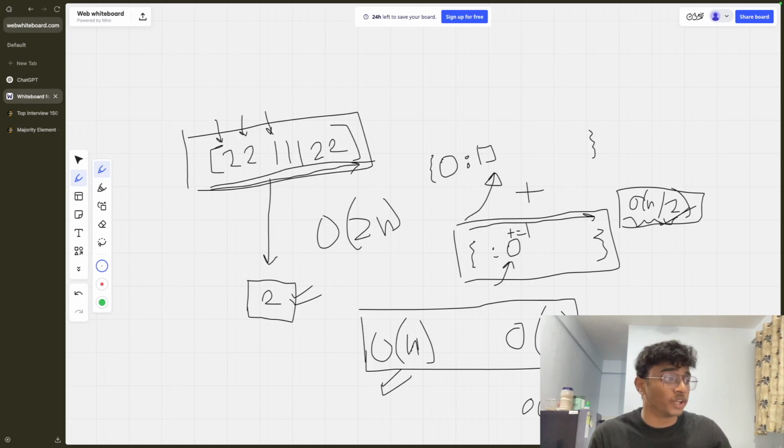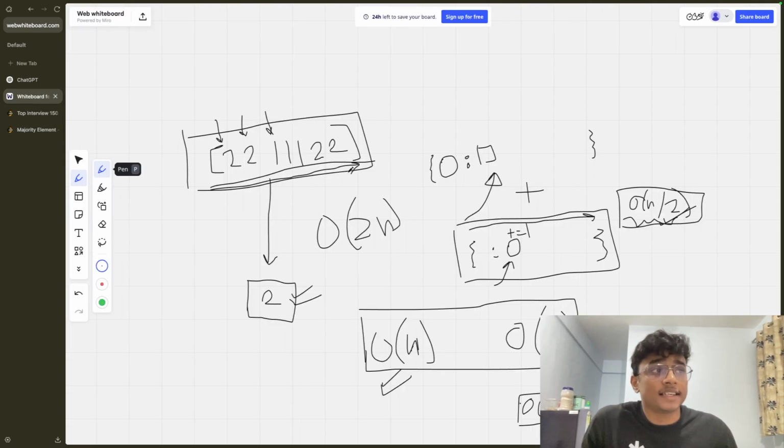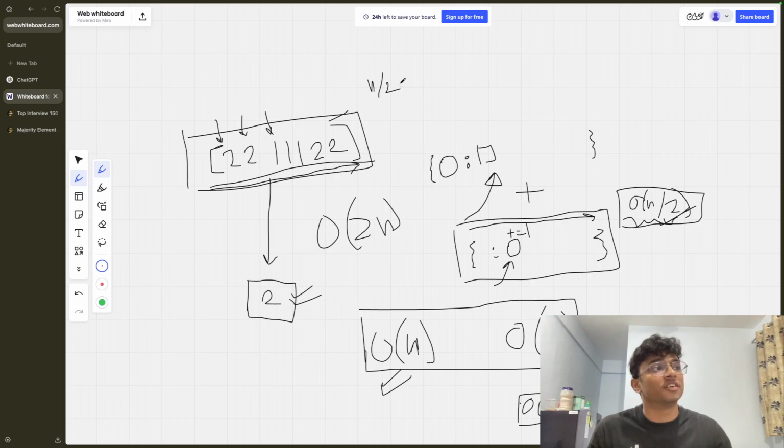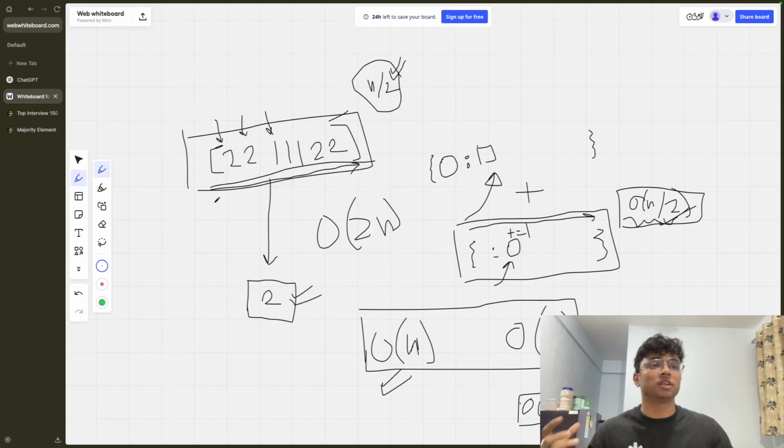So how can we go about that? To do that, we actually need some more observation from our problem. If you read the problem carefully, we are given that the majority element is the element that appears more than n/2 times. Now, why would they give us this additional information? Because our solution right now works for any case. Even if the majority element does not appear more than n/2 times, our solution will still return that majority element. So somehow we need to narrow down our solution even further using that condition, where our majority element appears more than n/2 times, to actually make it more